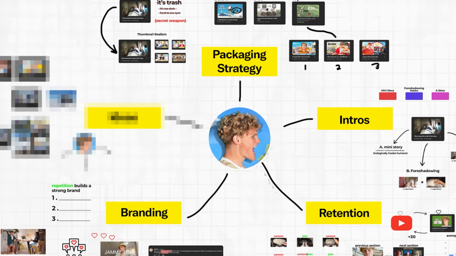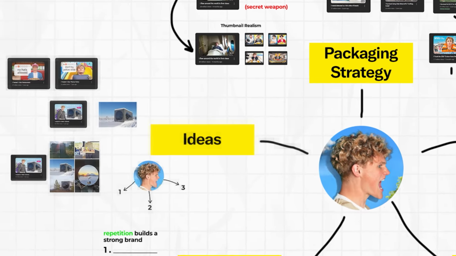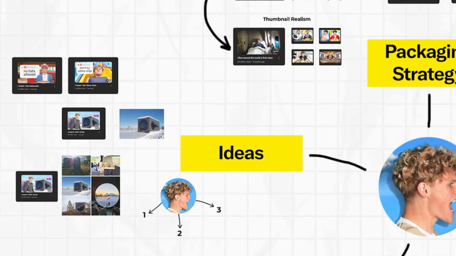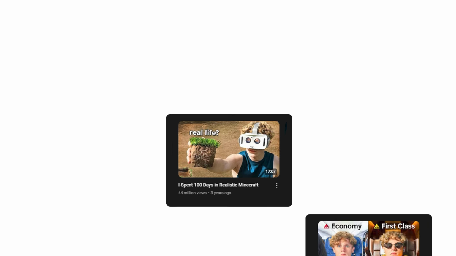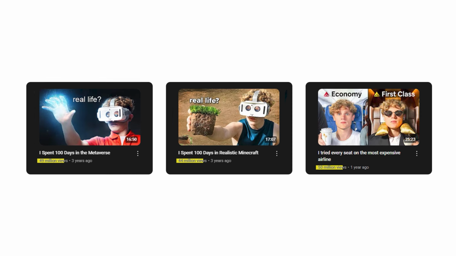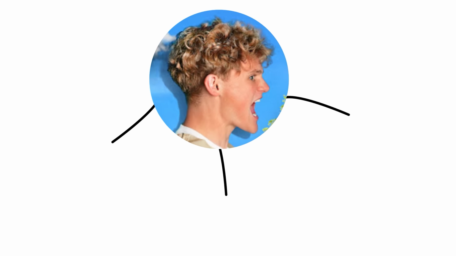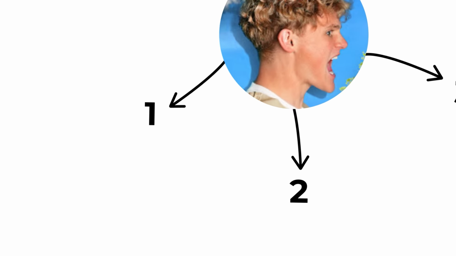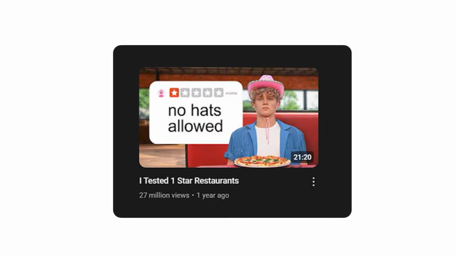Now, everything we've talked about so far is important, but there's still one big thing missing. Nobody would watch Ryan's videos if the ideas weren't amazing. Which brings us to step 5 of the formula. How does Ryan come up with ideas that can get up to 50 million views? Well, I've noticed he finds ideas in 3 places. The first is finding ideas on his own channel. This is really simple. When an idea does well, he just does it again.